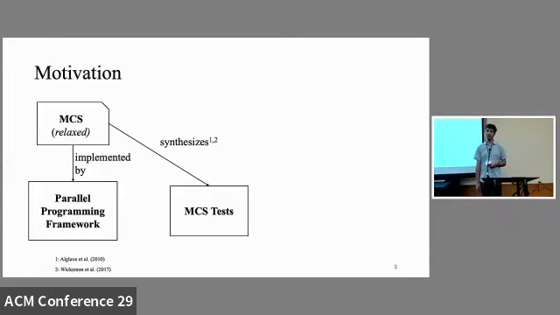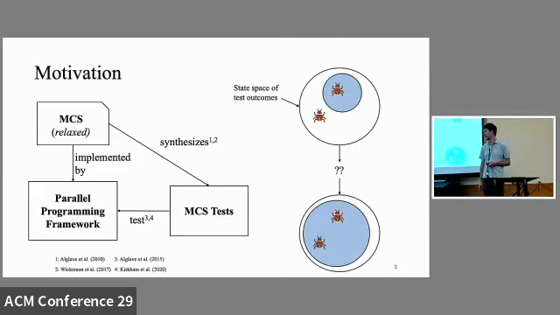MCSs are also defined formally, axiomatically, using events and relations between those events. And these formal MCSs can be used to synthesize MCS tests, which in turn you can use to test parallel programming framework implementations. Now, these tests are inherently non-deterministic due to their parallelism, so they have a large state space